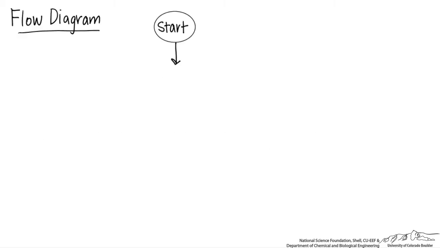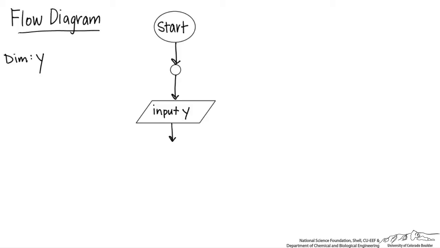Every flowchart begins with start. What I like to do is have a list of the variables that we're going to dim. And if we're working with input validation, one of the first things we need to do is to set up a loop. So that's just a small circle, and we know that something's going to come back around to intersect with that circle. So the first thing we need to do is obtain input from the user. So the user is going to input y. We know that we're going to have to dim y, so I add that to my list of things that we need to dim.